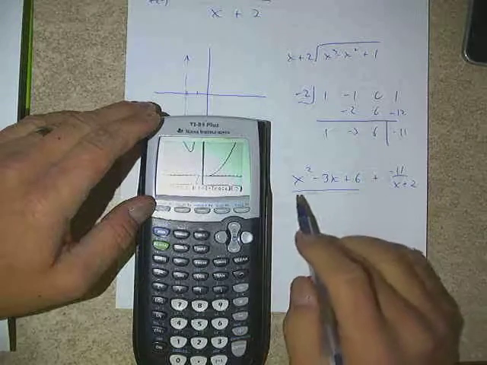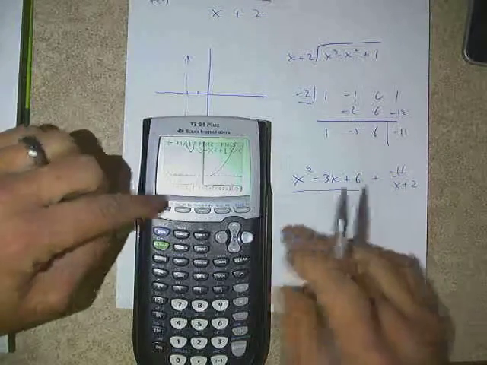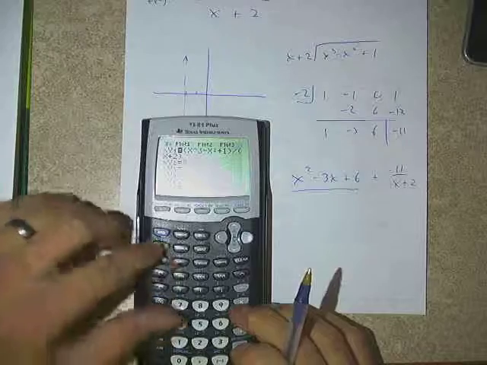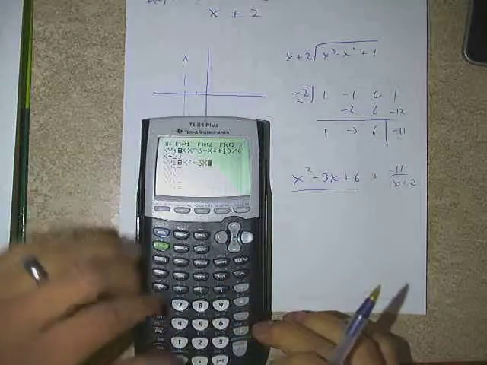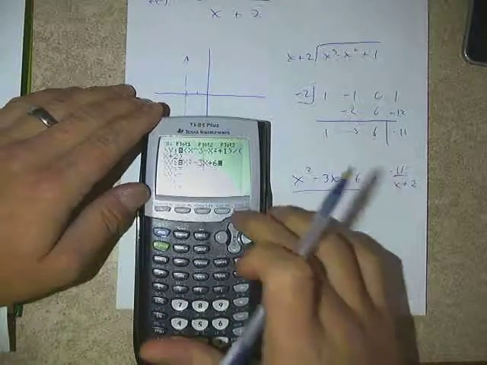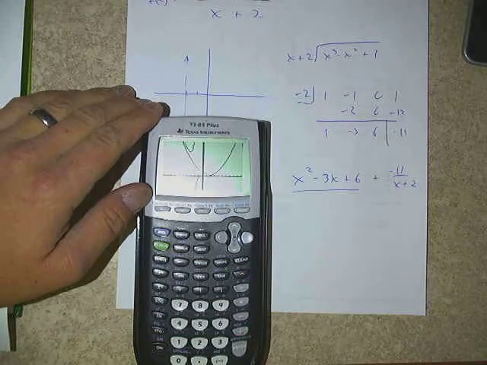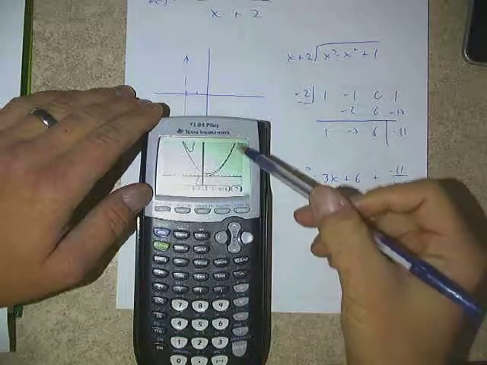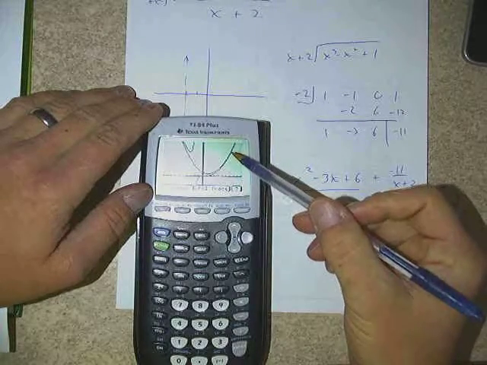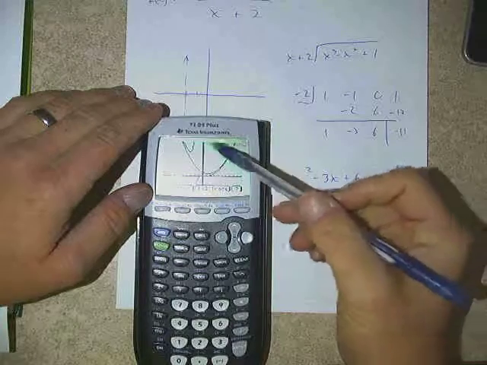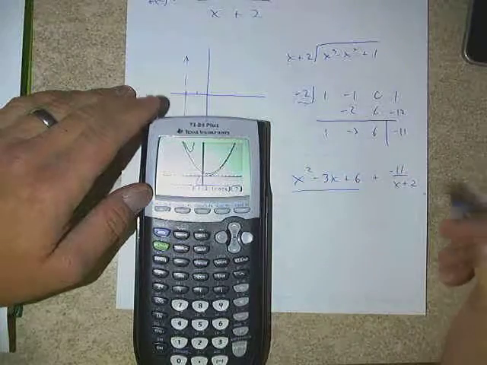So if we change our window to, let's say, 50 this time, okay, there's the other part. Again, asymptote here, behavior here. And with that said, if we go ahead and graph that parabola that we think this ought to behave like, we should be able to see that as well. So if we do x squared minus 3x plus 6, along with our current graph,